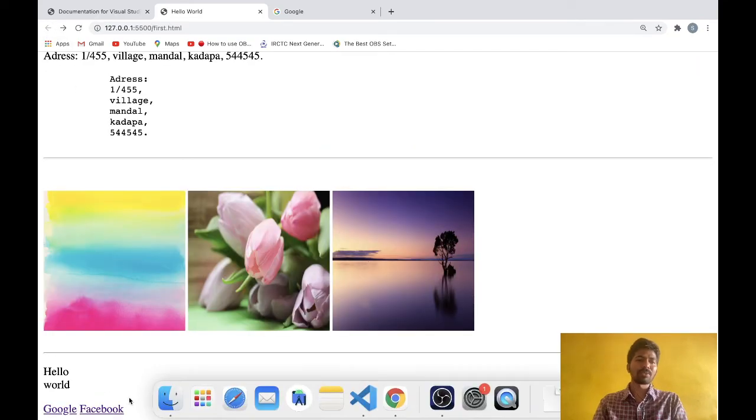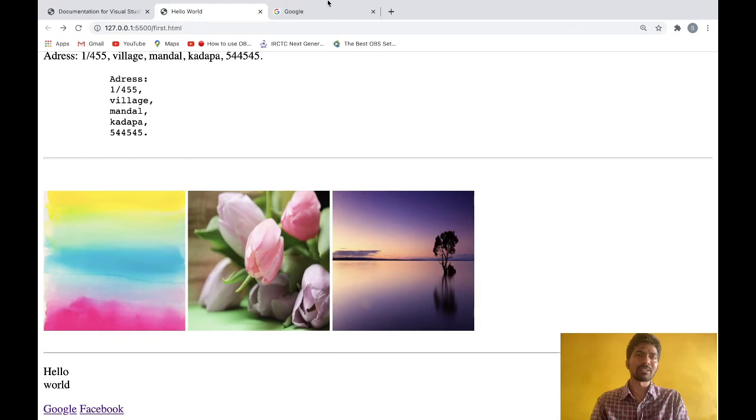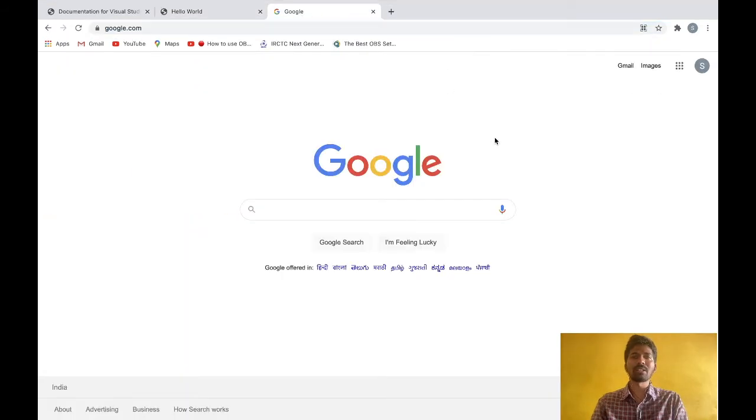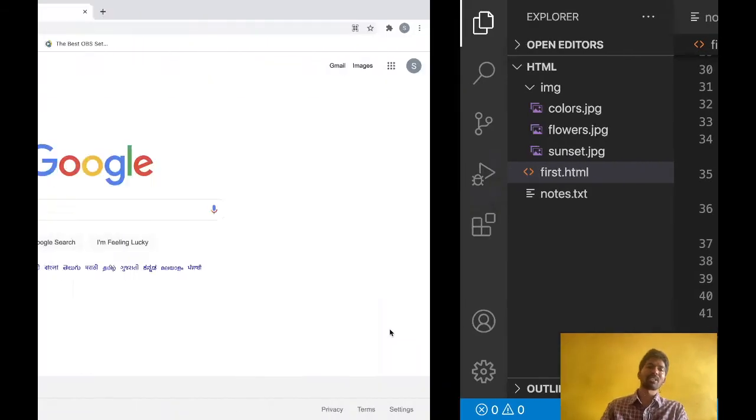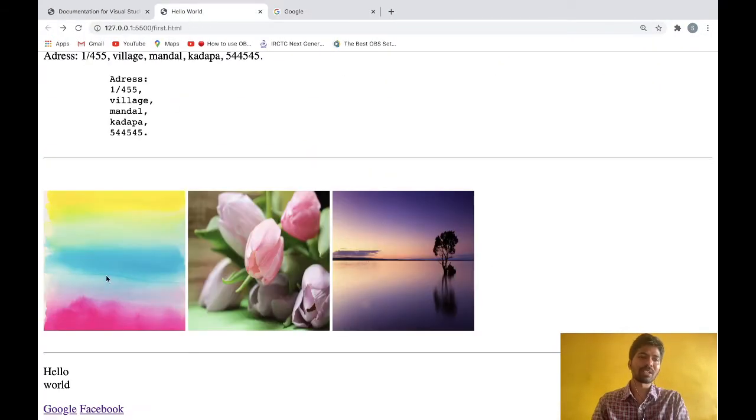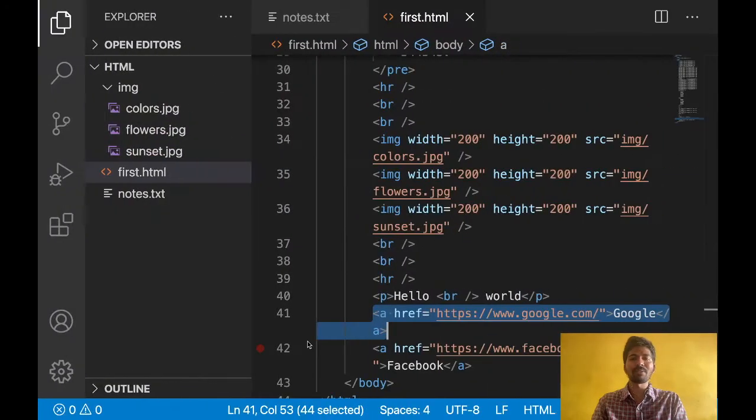So that is the use of hyperlink. If you have any requirement like this, if you want to display some links in your web page, you can use hyperlinks. You can navigate from one page to another page. Currently we displayed links for Google and Facebook. When we click this Google, it will navigate to Google. When I click this Facebook, it will navigate to Facebook.